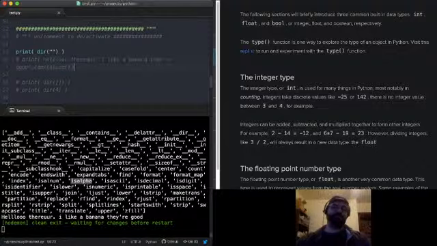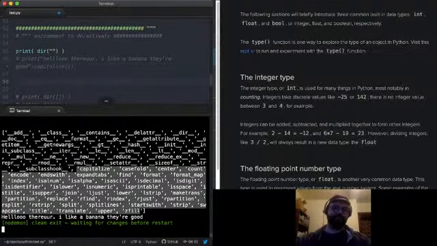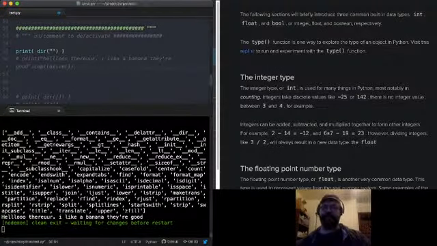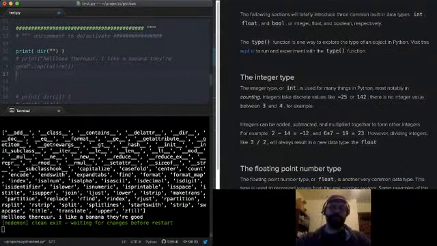So here's what you do. Once you see one that piques your interest and you want to know a little more about it, well, you can play around with it. You can print it out, see if you can get it to do something that gives you an idea of what it does. And or you can use the help function. So I can say help. It's a function, takes parentheses, and then I'll just do the type, and then I'll call the method that I'm interested in, which is dot is alpha.